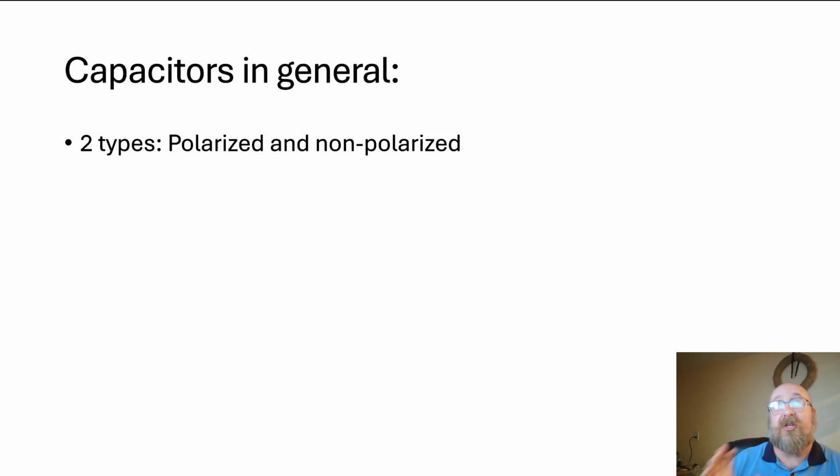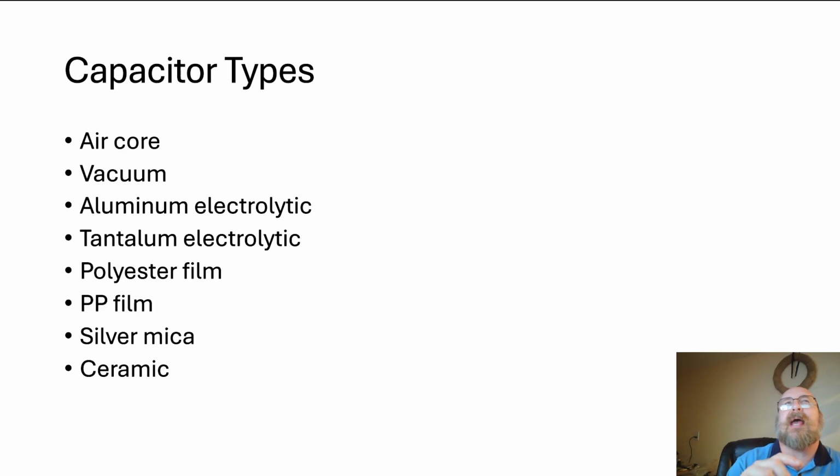There are essentially two types, polarized and non-polarized capacitors. And when we break that down even further, you can look at what capacitor types there are. Basically, it's describing the dielectric insulator that's in between. So you've got air core, which just means that it's air in between there. You've got vacuum, aluminum electrolytic, tantalum electrolytic, polyester film, polypropylene film, silver mica, ceramic, and you'll